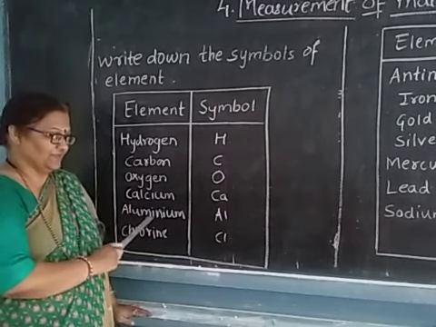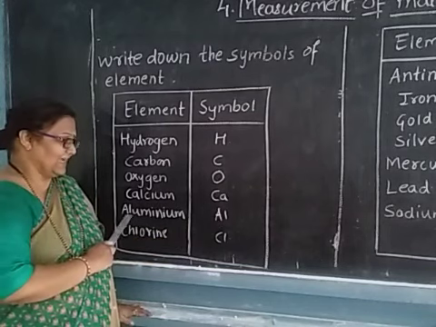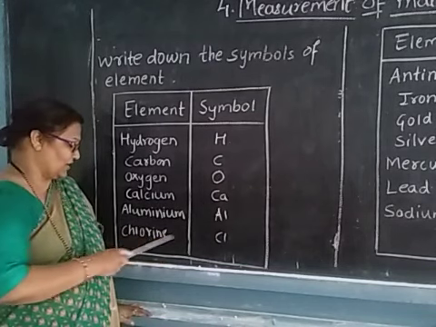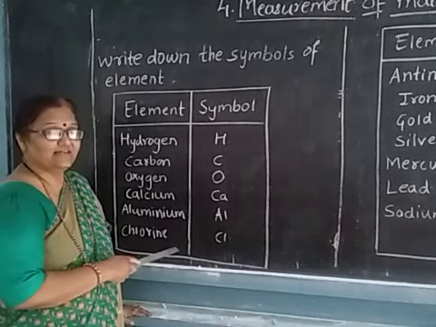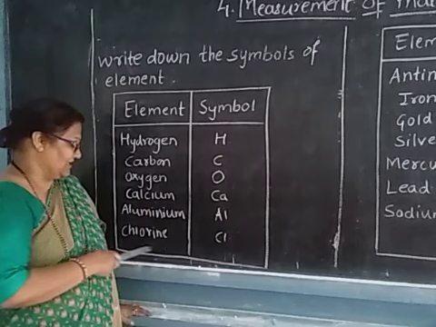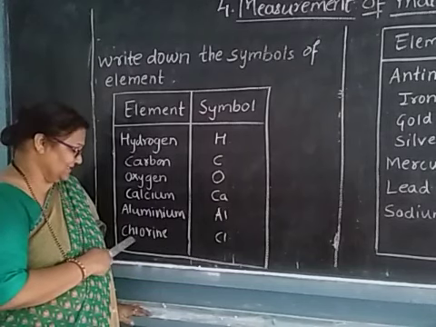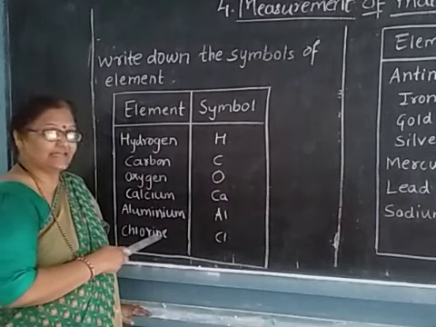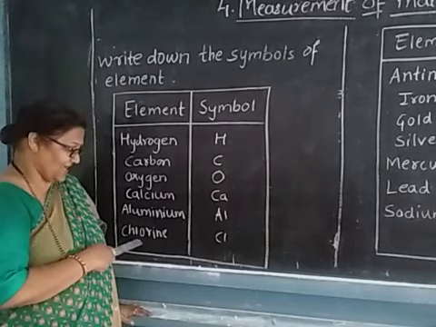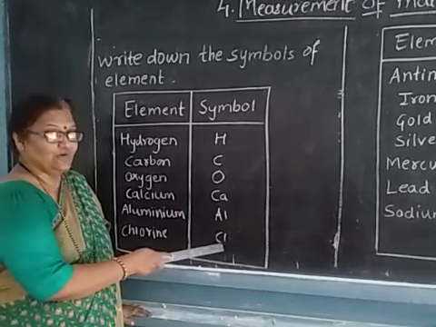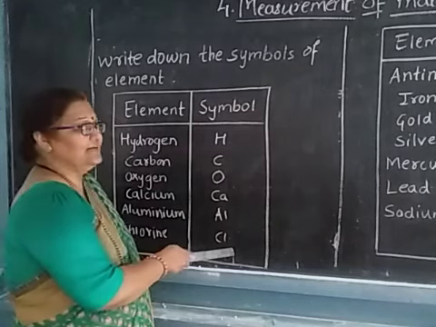Similarly, aluminium. The first letter A is written as a capital and L is written as a small. Similarly that of chlorine. Now what is done here? Here again there is a difference. Here the first letter and third letter are taken. Chlorine is the spelling of chlorine. So the first letter C and the third letter L are taken, where C is written as a capital and L is written as a small.